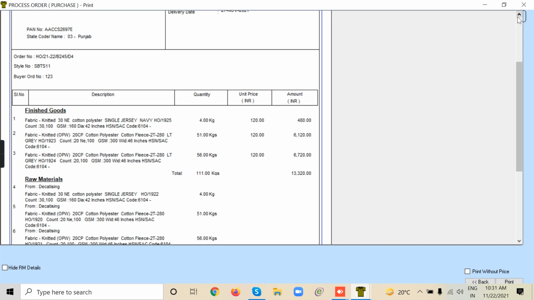Okay. So we have made the POs for decatizing and fabric dyeing. Now you can issue material. We already issued and received material for stentering. Now you can send the stentered materials to decatizing. Then you can